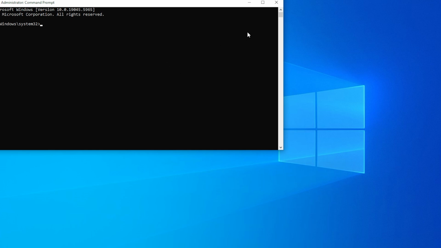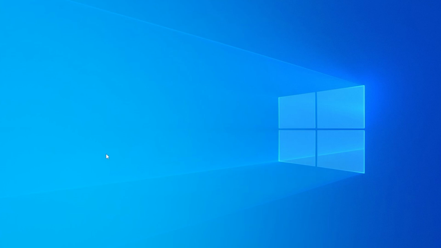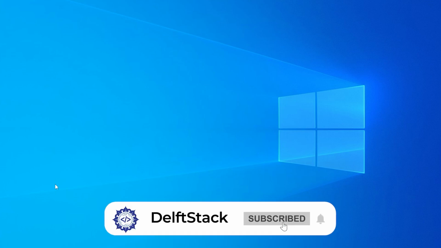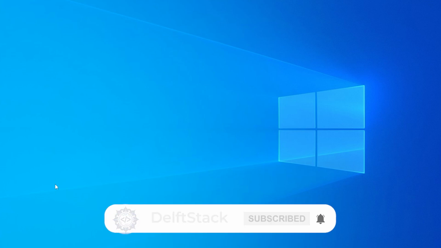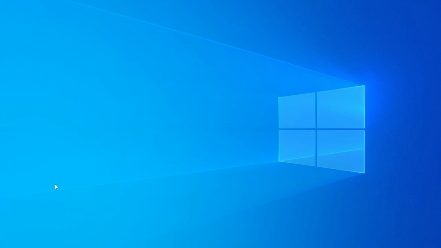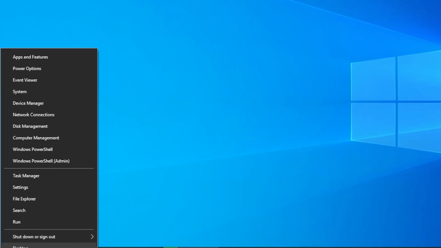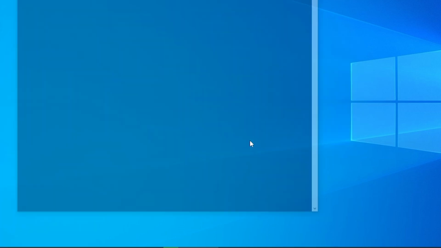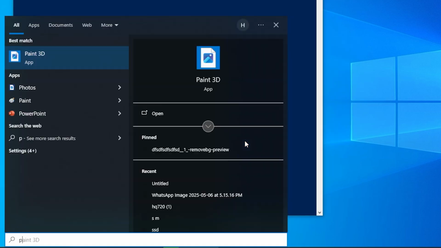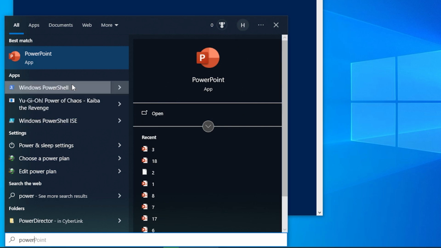Method 2: use the System File Checker tool. This tool checks for and repairs corrupted system files, which is one of the biggest causes of CMD errors. If you can't open CMD directly, don't worry, we're going to do this through PowerShell, so hit Windows X and choose Windows PowerShell (Admin), or you can press the Windows key and type PowerShell. Right-click it and choose Run